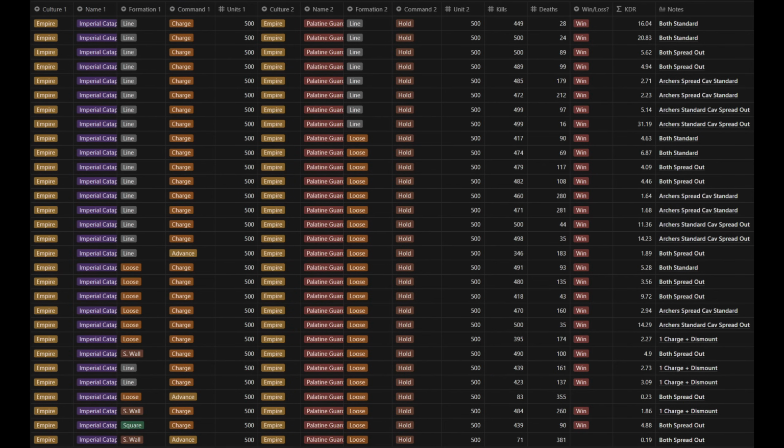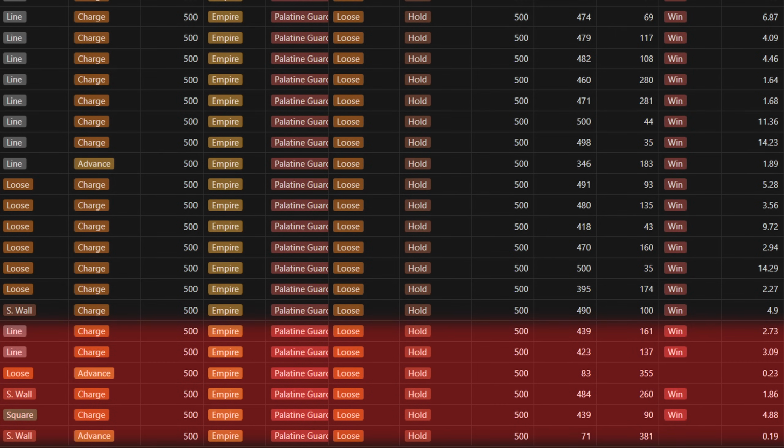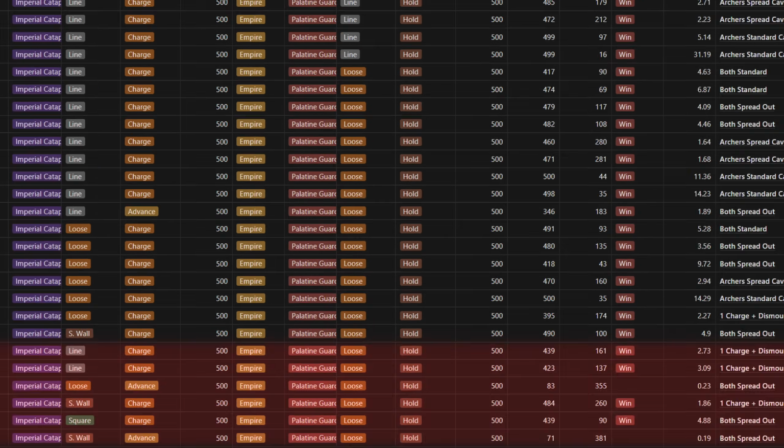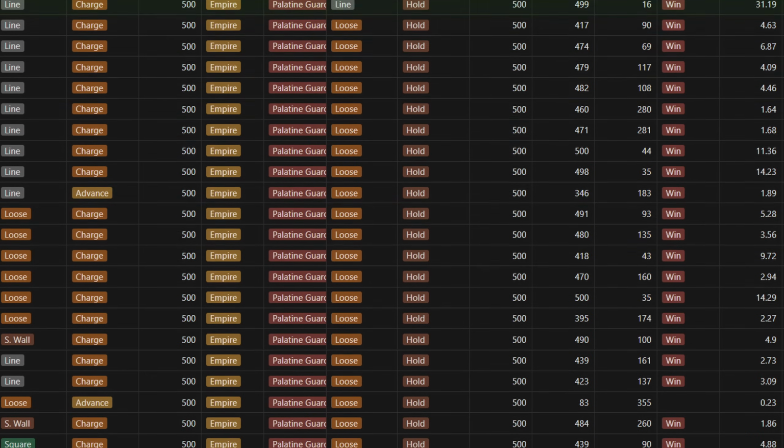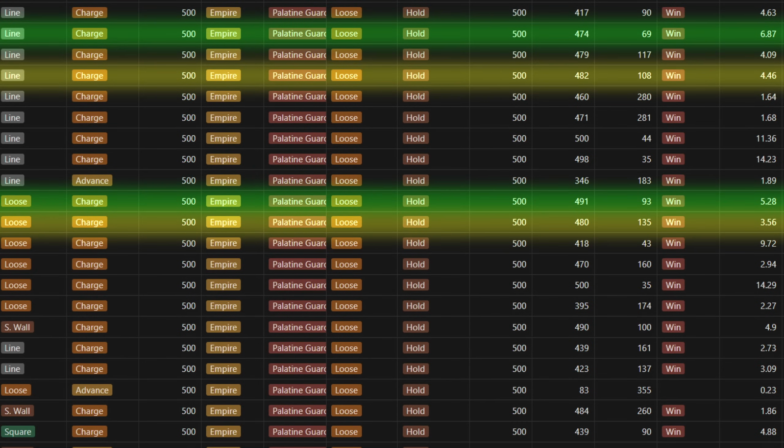Now let's look at all the data together and see what important patterns emerge. You'll notice there were quite a few more tests that I ran that did not make the video, mostly because they were awful. There's actually a way to lose 500 versus 500 using cavalry, and they both use advanced command. The best case scenario is when the enemy archers are in line formation and are not very spread out, which can lead to a KDR north of 15. What's more common though is the enemy in loose formation and spread out, in which we can see a slight